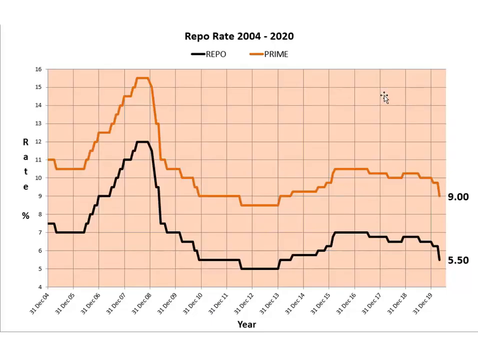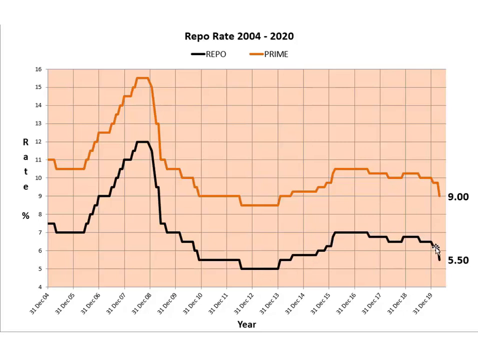If we look at the debt providers, we can find some information about the repo rate and the prime rate in South Africa, going back, in this case, to 2004. The repo rate is the rate at which the Reserve Bank lends to the major consumer banks, or major retail banks, in South Africa. Here we can follow the line, and we can see back in 2012 and 13 the repo rate was at 5%.